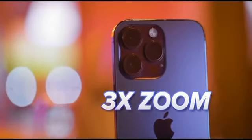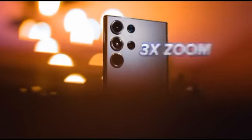Hey, do you want to guess which phone wins the zoom category? It might be the iPhone. I don't know, it could be the iPhone. It's not the iPhone. I mean, while Apple has a single 3x zoom camera, Samsung has both a 3x and